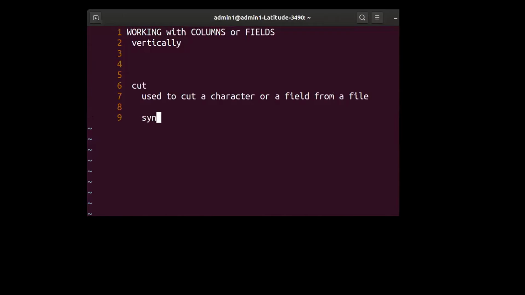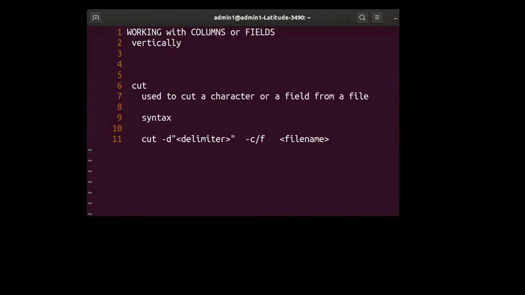The syntax is cut -d, then the delimiter in double quotes, then -c or -f, followed by the file name. So that is the syntax of the cut command.